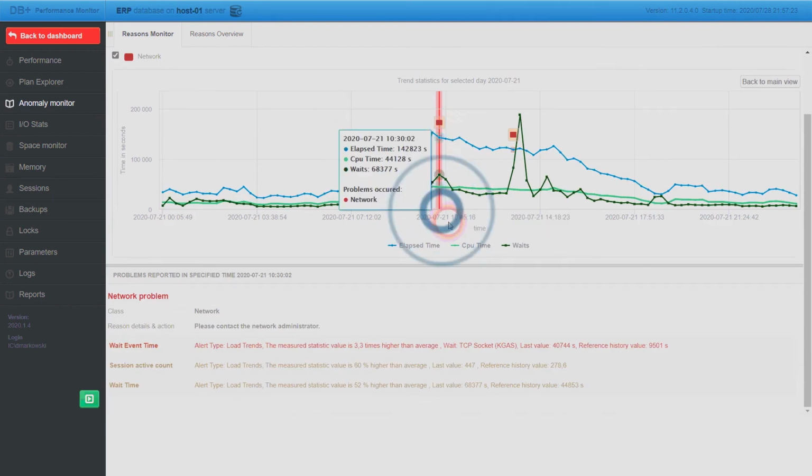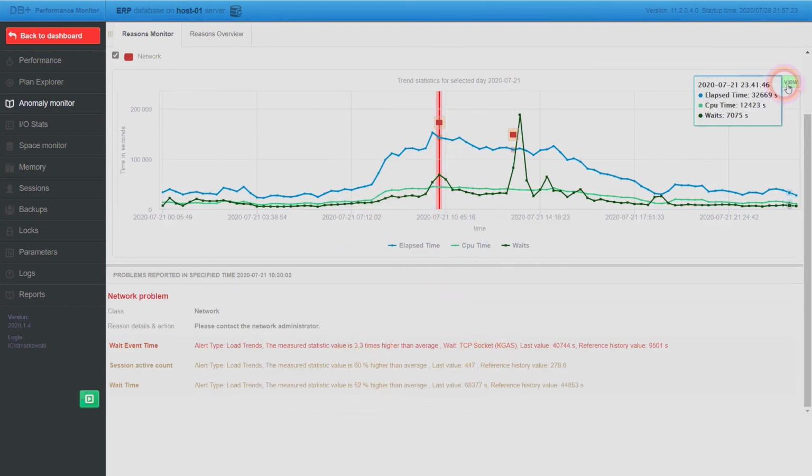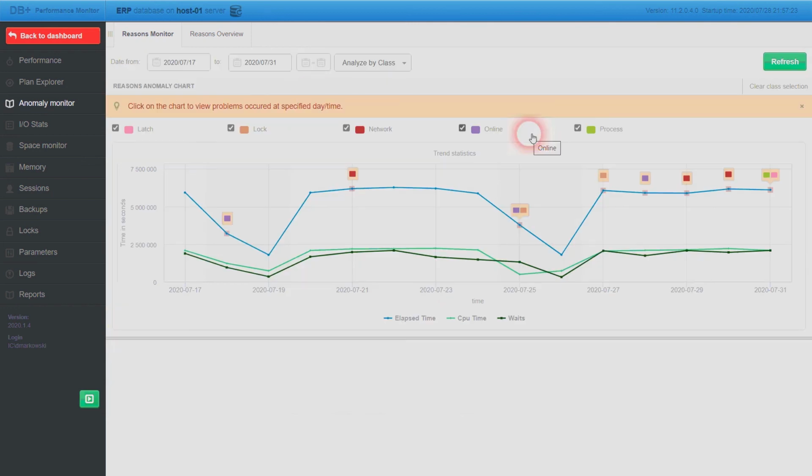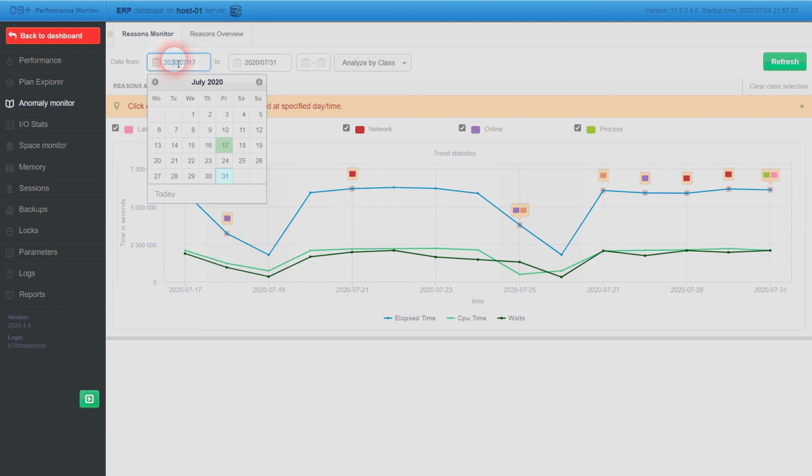I can click on the selected problem and see that there was a data request through the TCP socket network, KGAS, and how much larger it was compared to previous periods. The TCP socket waits, KGAS, as I said before, occurred when queries are waiting to be answered by remote databases. I can check if there was a problem pertaining to a change in the execution plan here. But I don't see it here, so there was no change in the execution plan large enough to change the